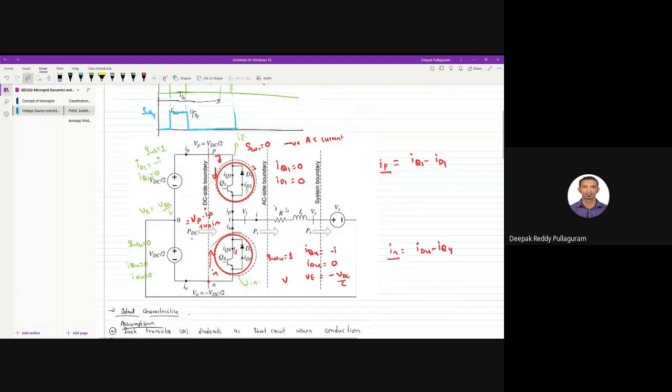You have two parts. You have some voltage here, some voltage here. You have some current here, some current here. What is the total current here? Total power here in this direction? Addition, isn't it? Yes, sir. So that's why I'm writing this: Vp into Ip plus Vn into In. Net DC power.